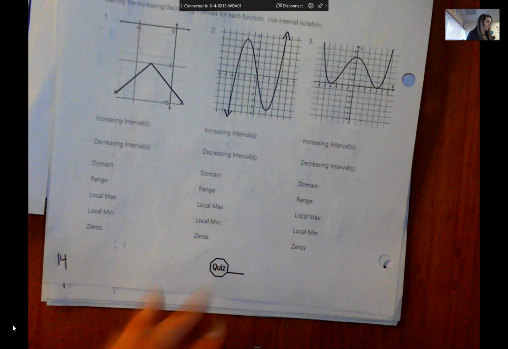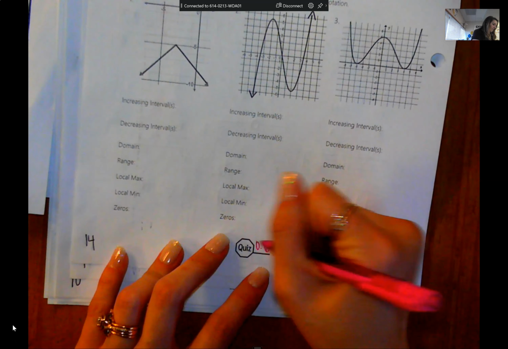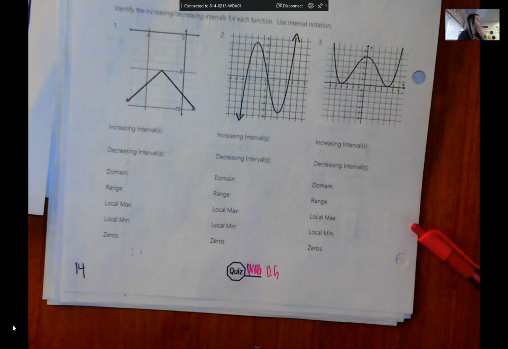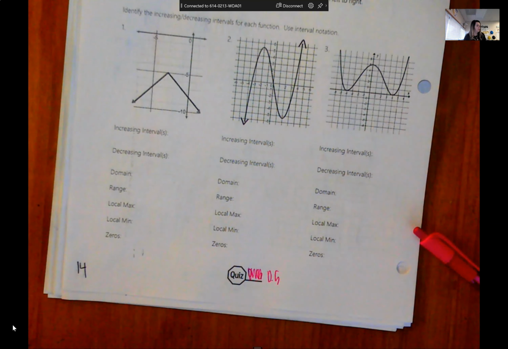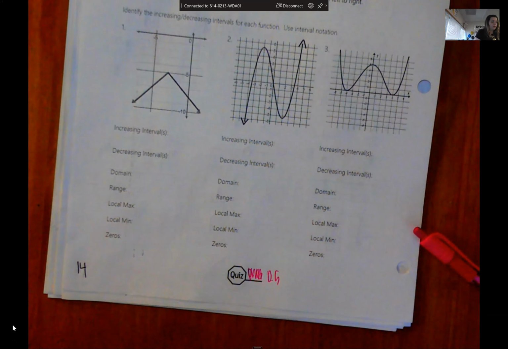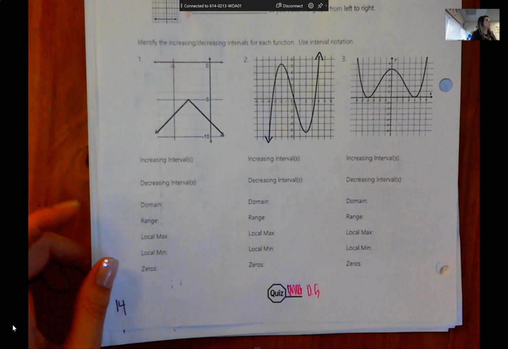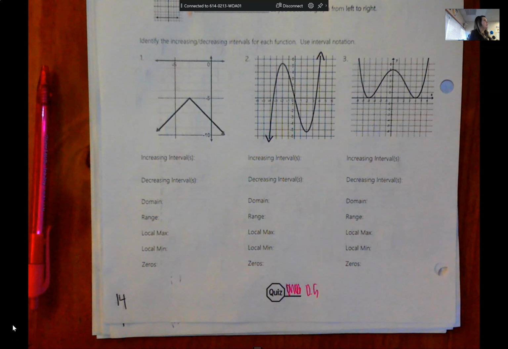Okay, so to be able to complete quiz 5, the last thing that we need to do is complete page 14 and talk about increasing and decreasing intervals. These, I think, are very straightforward, and most of you will know what to do on these. There is one element, though, that is a little bit more challenging, and that is listing or telling where the